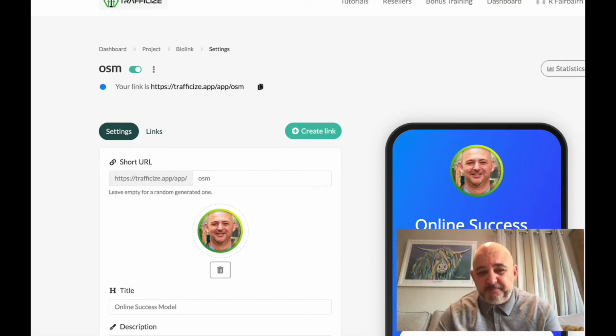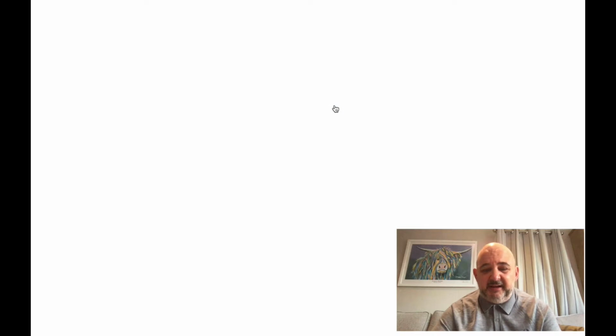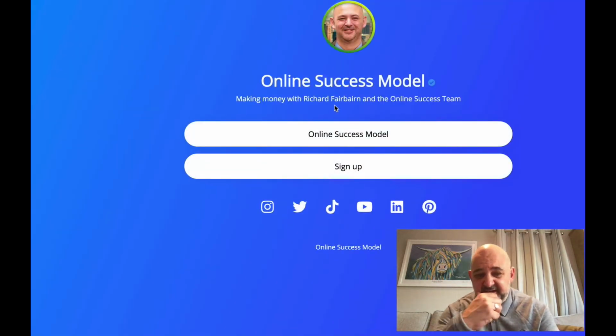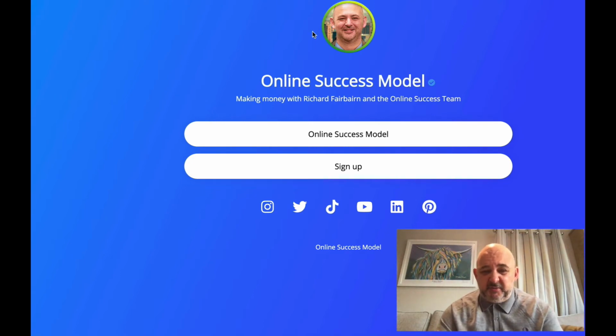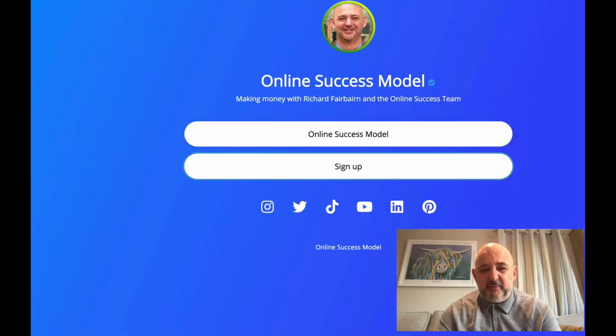For example, with Instagram, you can only add one link in. Now, if you use the Trafficize app, it allows you to add multiple links in there, and it allows you to add all your social media. So everything's linked together in this hub that we're always talking about. This is what I've got in mind at the moment. A nice image, links to all my social media. I've got a link back to my blog, and I can also pick up emails there if I wish.